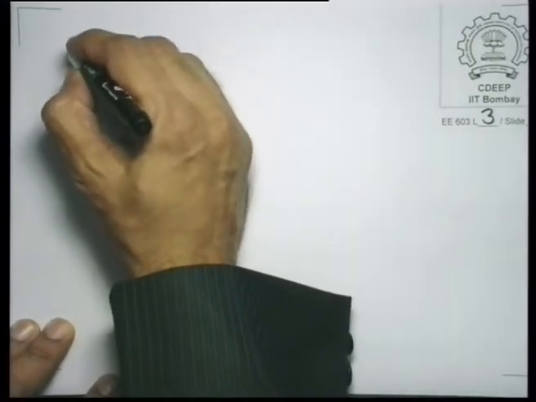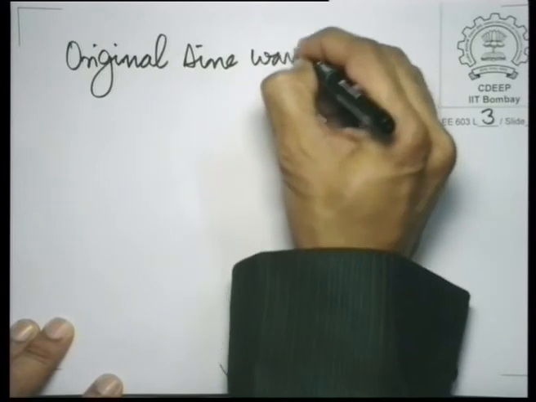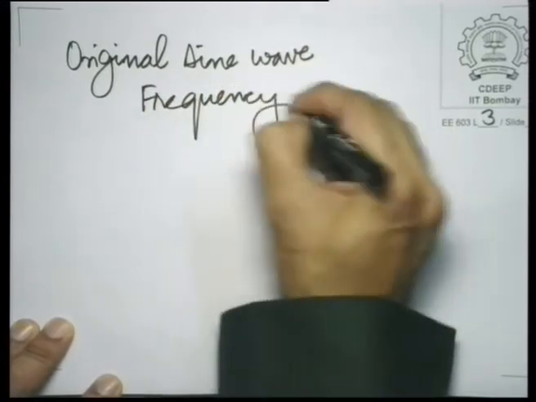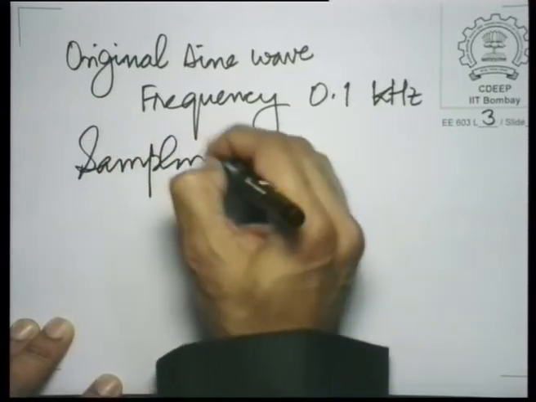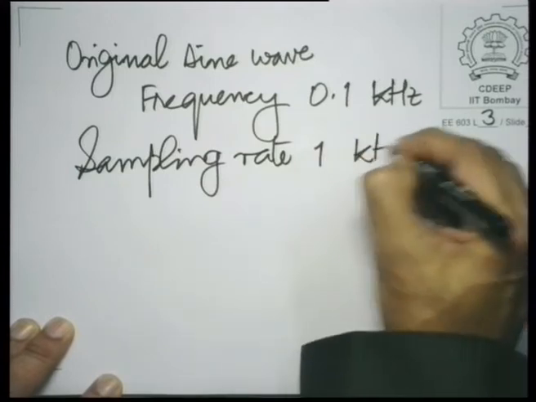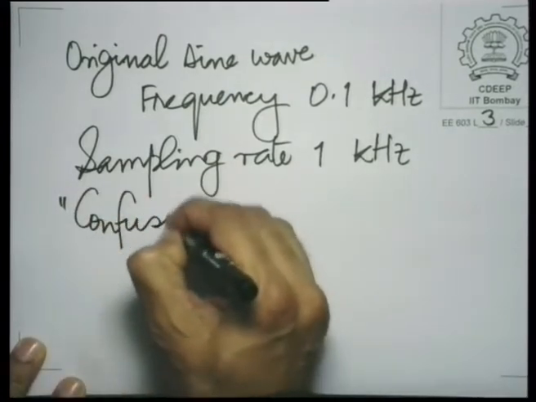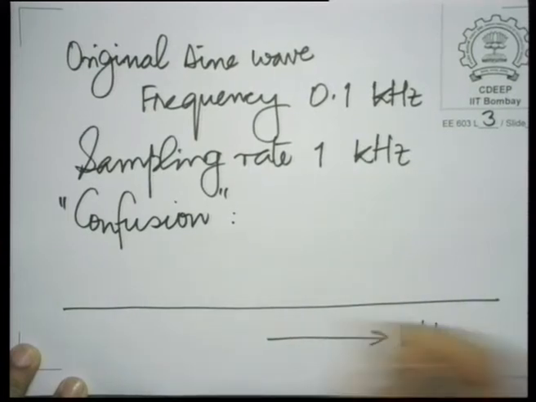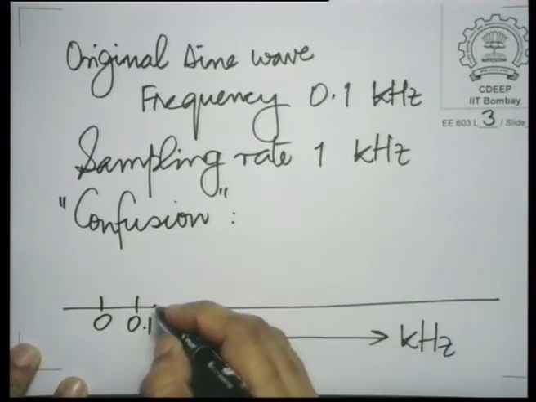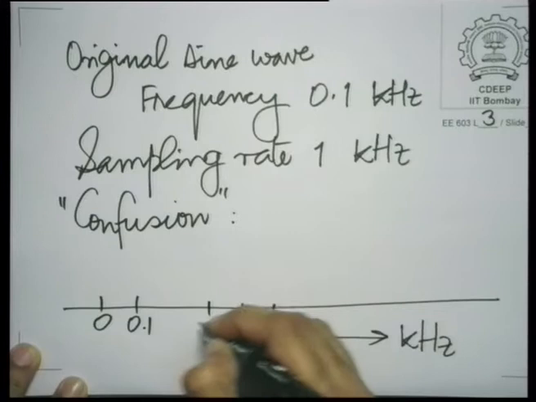Well, what we had seen the last time is that if you have an original sinusoid of frequency 0.1 kilohertz, and if you have a sampling rate of 1 kilohertz, then you land up with a confusion of sine waves. And the confusion is as follows. On the kilohertz scale, the samples could have come either from a 0.1 kilohertz frequency or from a 1.1 or a 0.9 kilohertz frequency,